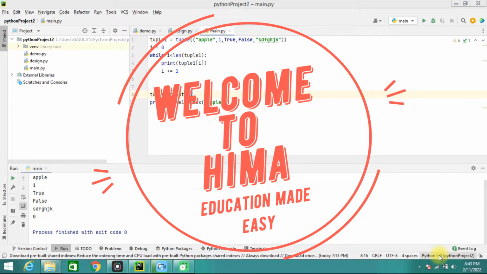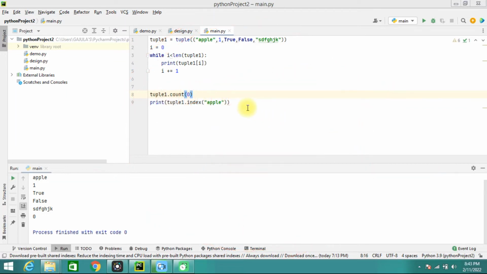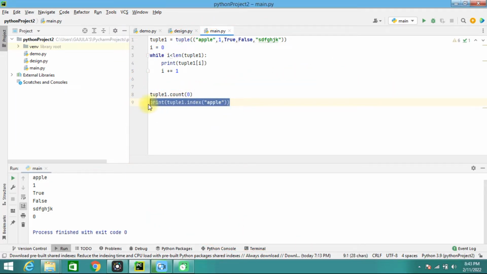In the previous video we have seen tuple. How to join tuples we'll see in this video. In the previous video we covered how to access a tuple, how to use the if loop, how to use the while loop, how to retrieve the elements, and how to sort. These are the things we have seen in our previous video. Now I will be going with